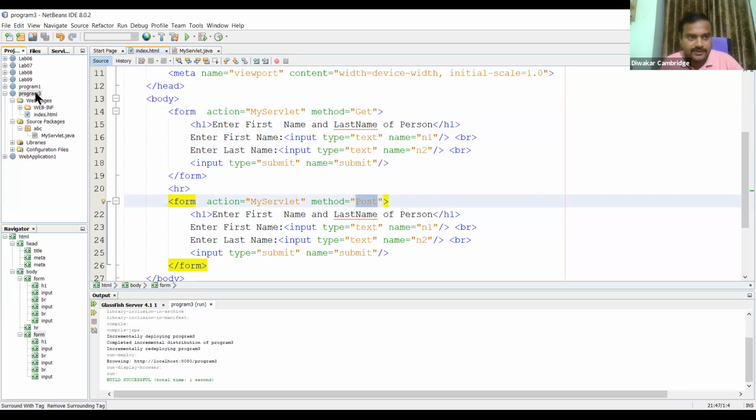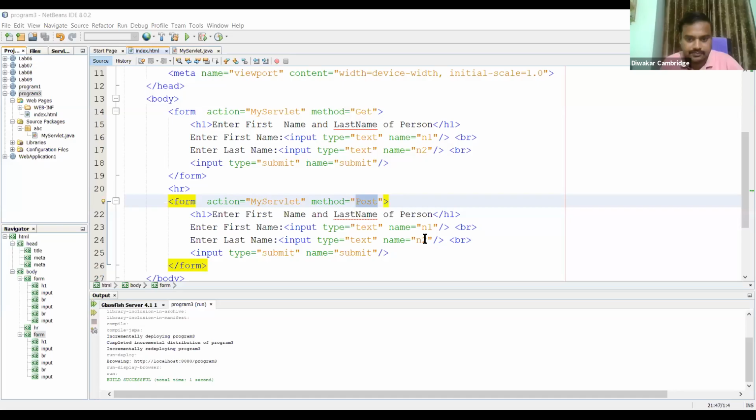Now when I run this particular project, your form will look like this.